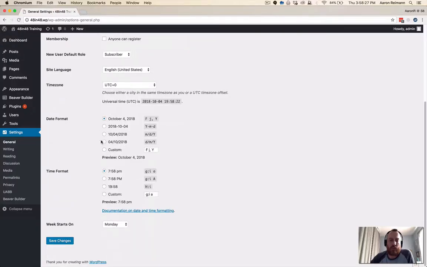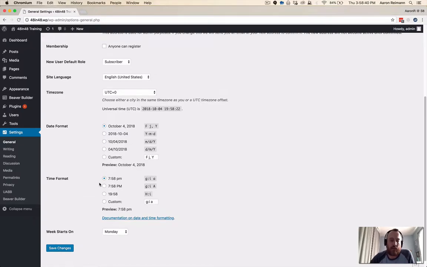Make sure that you're using the dates. I know this year we're going to London for the first time, and the date format might be different than what people in Europe would expect. So customize that, and then we want to go to Reading,